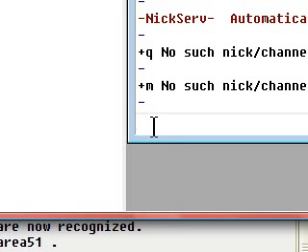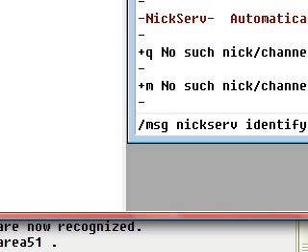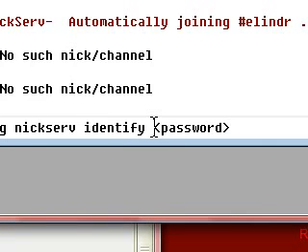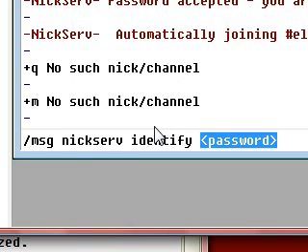After registering your nickname, you should identify it. So type in /msg nickserv identify, then your password. Just replace this with your password.